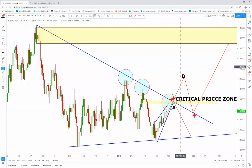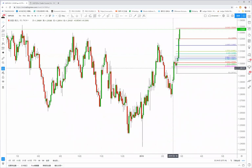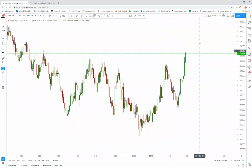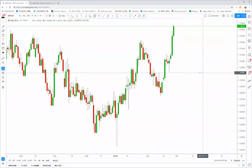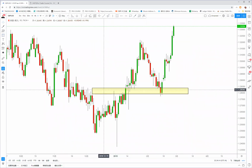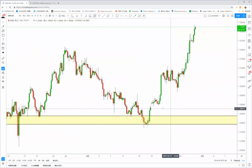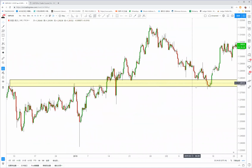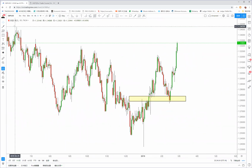Okay, good. Let's move on to sterling. You see, sterling is going up and is bullish, right? And last time I said we want to buy sterling here at the neckline, buy the pullback at 1.28, right? Pullback here. So in the daily chart, it also...